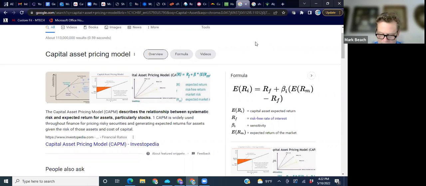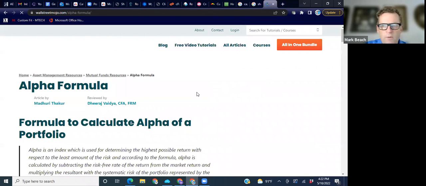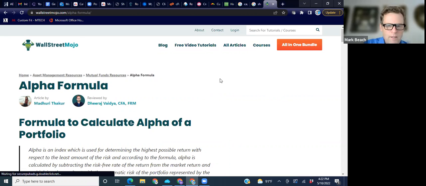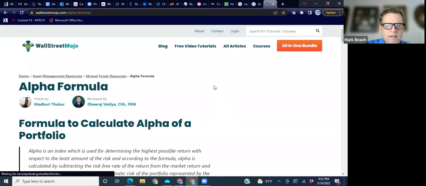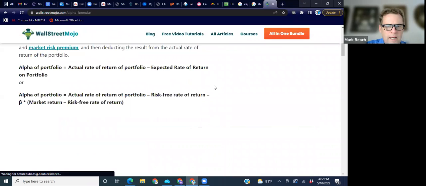Ben says the point of giving you the brief history is to highlight that these tactics have been around for a long time. He also introduced Jensen, who in 1968 came up with the first use of alpha. And I wanted to bring that one into the equation. So I'm going to go to alpha, and then I'm going to go to the Sharpe ratio. In this case, do you see the formula to calculate alpha of a portfolio? So alpha is one of your risks. And there's some